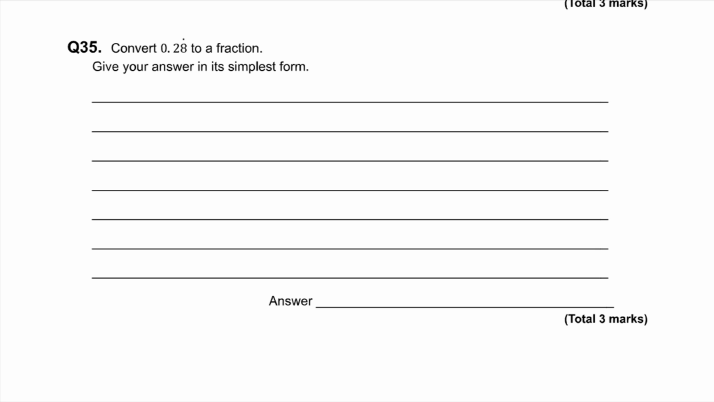Similar question here. Convert 0.28 recurring to a fraction. Give your answer in its simplest form. Again, I'm going to start off with x, and that's equal to 0.2888, I'm going to show some of the 8s and so on. And now if I multiply it through by 10, I'm going to get 10x is equal to